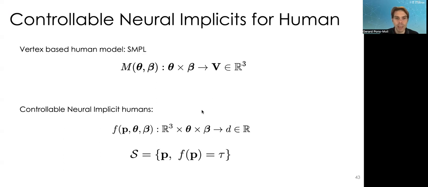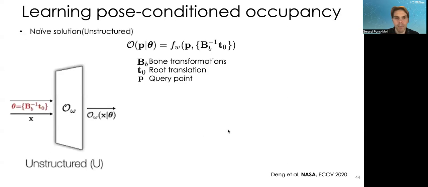And now if we want to make these neural implicit models more human-like, we have to make them dependent not on a random latent code, but on latent codes that are meaningful. In this case that would be the pose and the shape of the human. And again, we want to predict this distance or occupancy. So the first model that